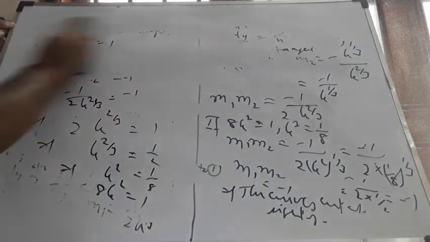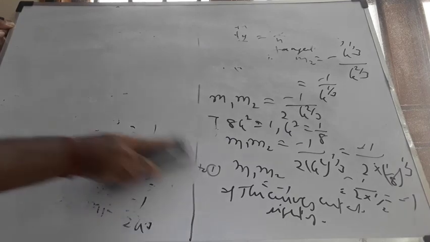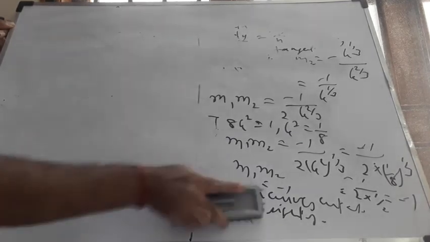Now I have done both if and only if parts here. I have assumed they are at right angles, I have proved 8k square equal to 1. I have assumed 8k square equal to 1, I have proved they cut at right angles. Therefore, if it is given as if and only if, it's well and good. Assume one of them, prove the other one. If it is not given as if and only if, assume the if part and do the other part. Okay?